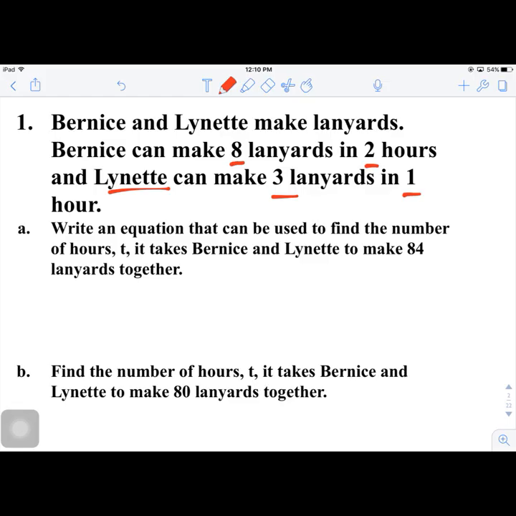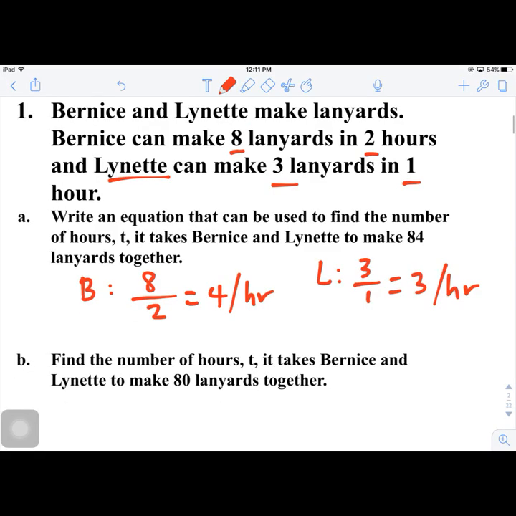So we're going to start with the rate for Bernice. Since she makes 8 lanyards in 2 hours, her rate is actually 4 lanyards per hour. And for Lynette, she makes 3 in 1 hour, so her rate is 3 lanyards per hour. So the equation that we can use to represent the two of them working together is